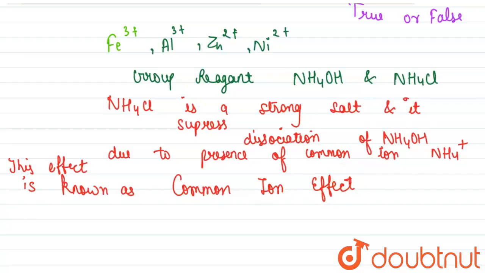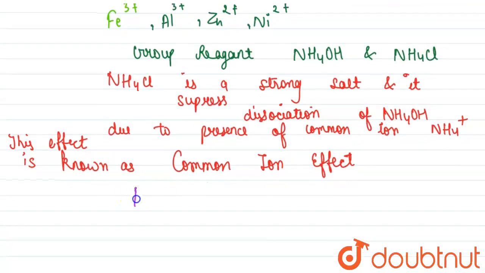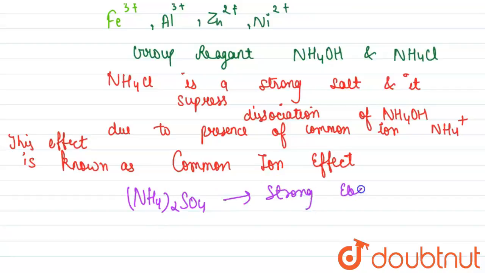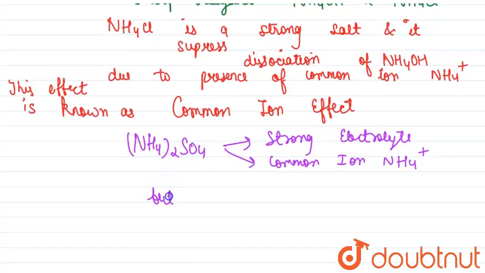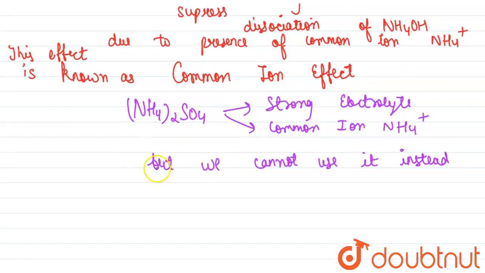Now we have to use a salt which has NH4 plus ion and it is a strong electrolyte. So ammonium sulfate is a strong electrolyte. Also, it has common ion NH4 positive, but we cannot use it instead of NH4Cl